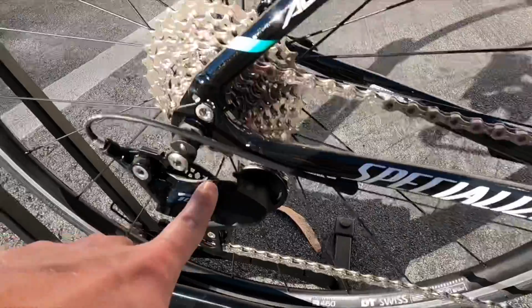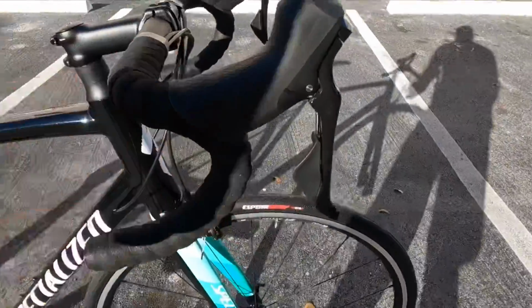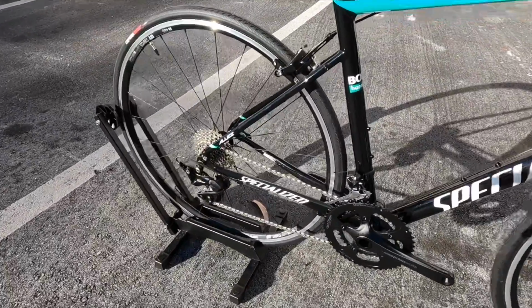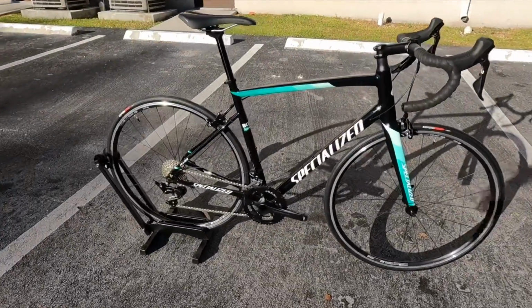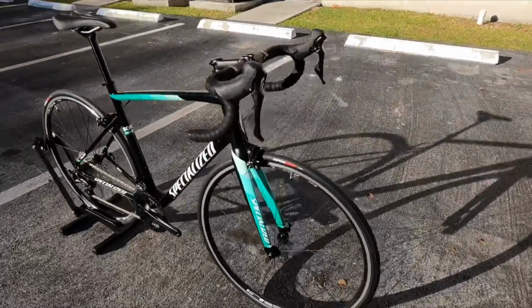You can throw an Ultegra mechanical rear derailleur on here and keep the 105 shifters, or you can put Dura-Ace 11-speed shifters on here and keep the 105 derailleur and make small upgrades. Whereas if you have Claris, Sora, or Tiagra, you have to upgrade everything at once. So having an 11-speed groupset, you can take that group and continue it, ride to it, make it your own and upgrade slowly,